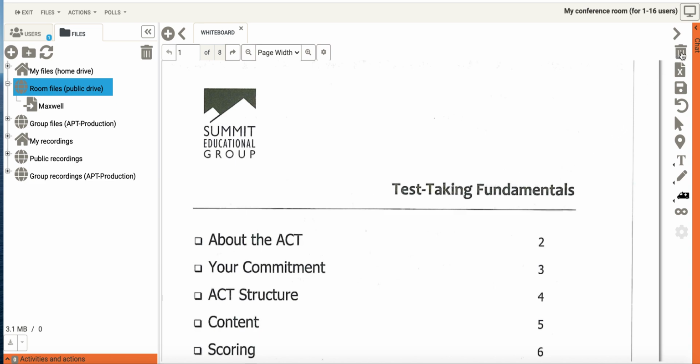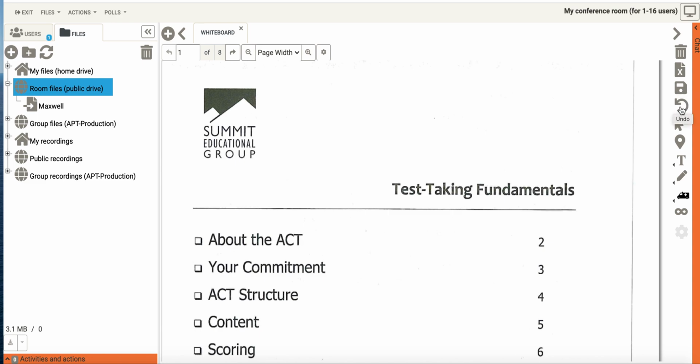Going down the toolbar here quickly, this first icon, the trash can, is to clear the whiteboard. This will clear it of all the documents and markups that are on there. Next, this X on the page will clear the markups on the document, but it will not clear the document itself that has been uploaded, okay? Next is the Save button,